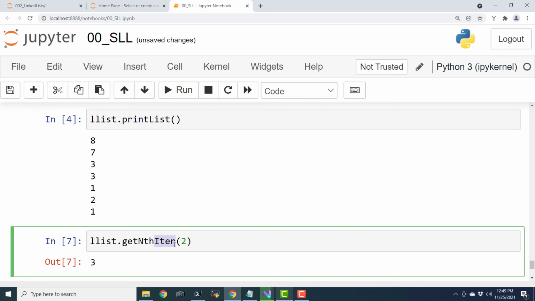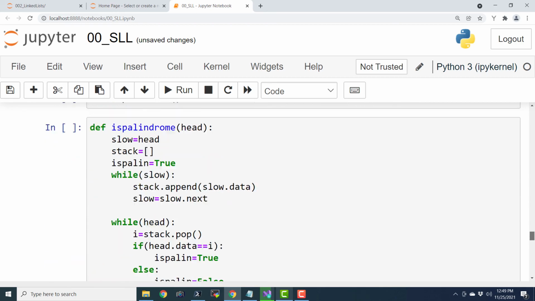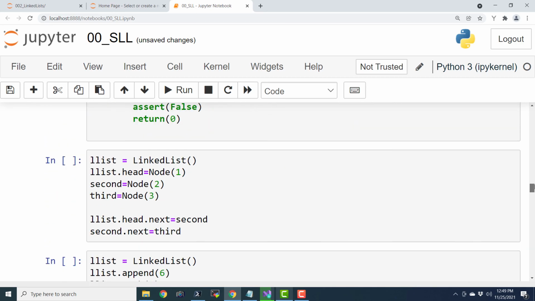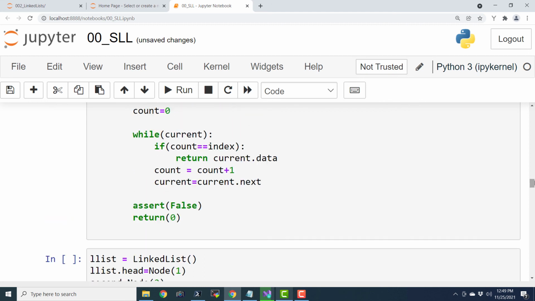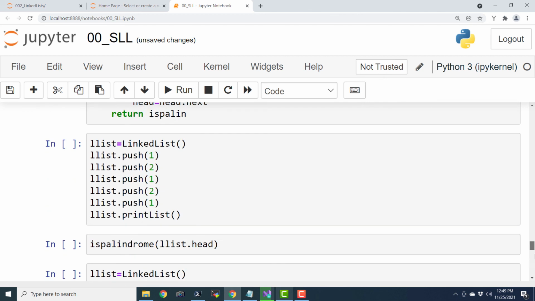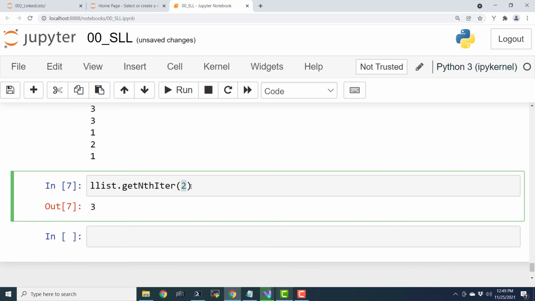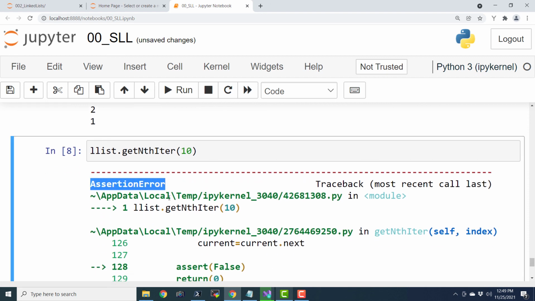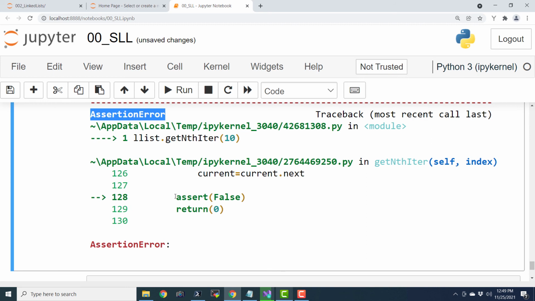It is very easy and simple. Basically we just go through the entire list, and whenever we are at that particular index, we are just fetching the data and displaying it on the Jupyter notebook. And if the index is non-existent, then we are asserting false. We can even check that case also. I think that we don't have index number 10. Let us see what happens when I say index 10. Yes, assertion error. This is the expected output because we are asserting false, and it is showing us that we have reached that particular line, that the index doesn't exist.